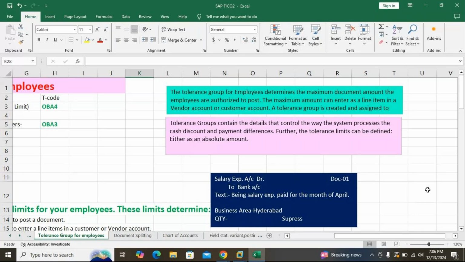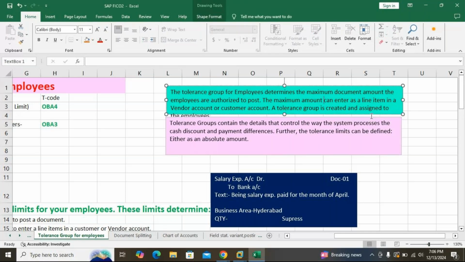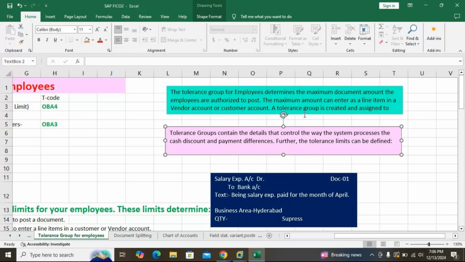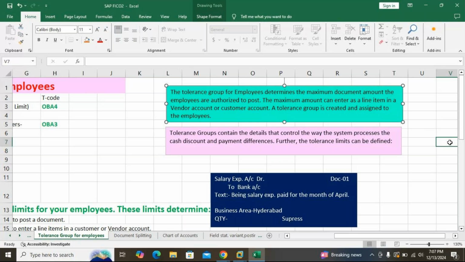The maximum amount can be entered as a line item in a vendor account or a customer account. A tolerance group is created and assigned to the employees. This paragraph you can write.